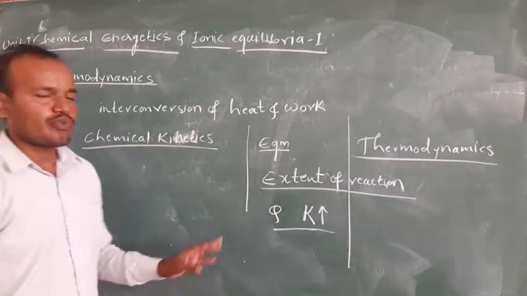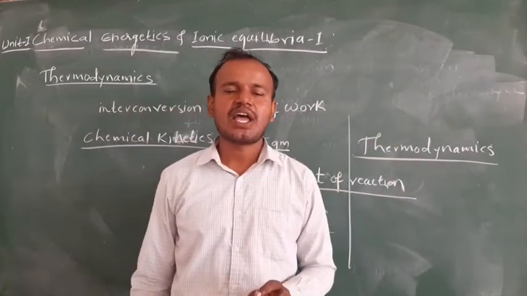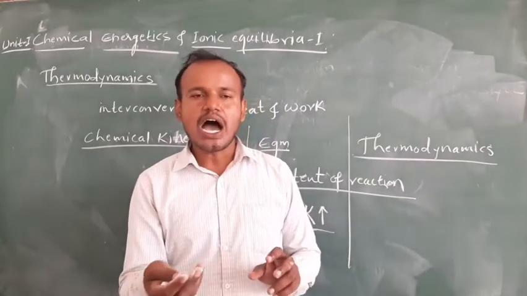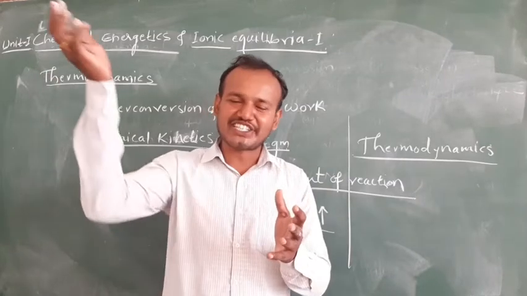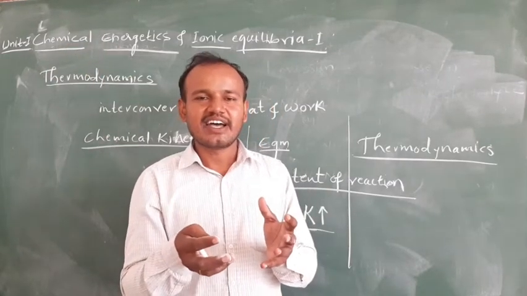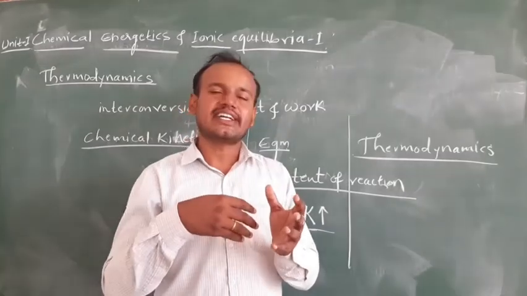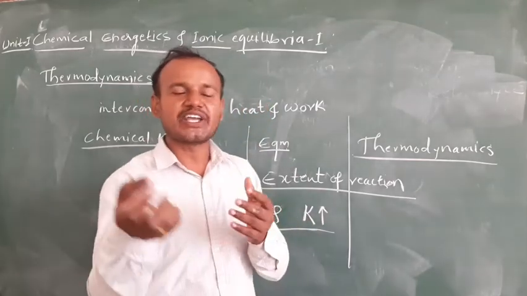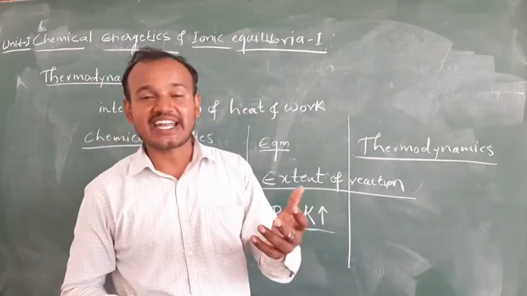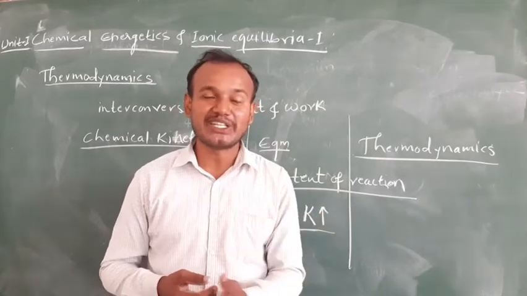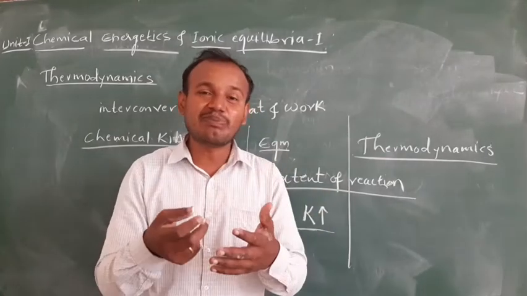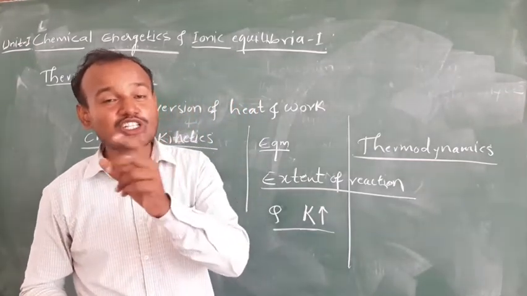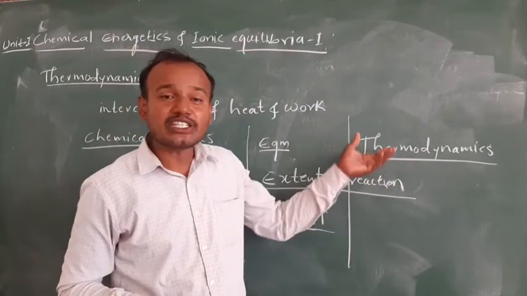First, if you take a reaction, whether the reaction takes place on its own, that is spontaneously, or whether the reaction continues in the presence of external agents. External agents means the reaction takes place only after increasing the temperature, or in the presence of very high pressure, or by using certain chemicals. If the reaction is carried out that way, then we cannot call it spontaneous or feasible. You can make it feasible by using external aids, and that is called a non-spontaneous reaction. I am talking about spontaneity.